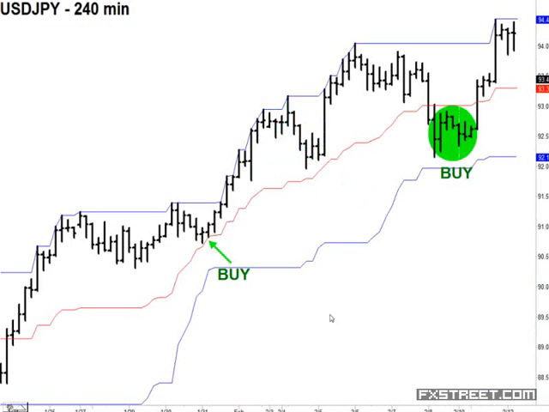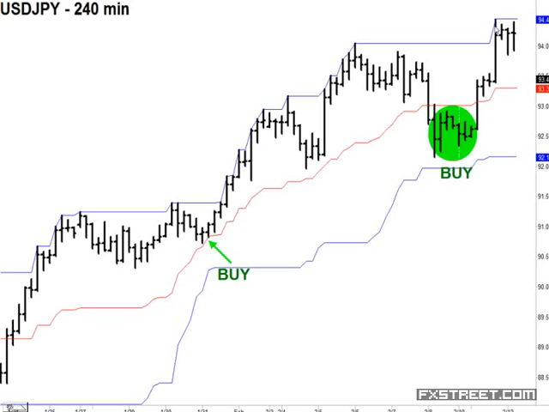Here's another 4-hour chart of the dollar-yen. This is going back to, once again, the last few weeks. As we see here, all 3 Donchian channels have been headed higher. Here is a very nice aggressive buy signal. You could have taken advantage of it on the dollar-yen and look at the nice trend that continued. And then here is a very nice conservative entry on the 10th, which was, I believe, Sunday going into Monday of this week, telling you to get long, and you could have taken advantage of that as well.